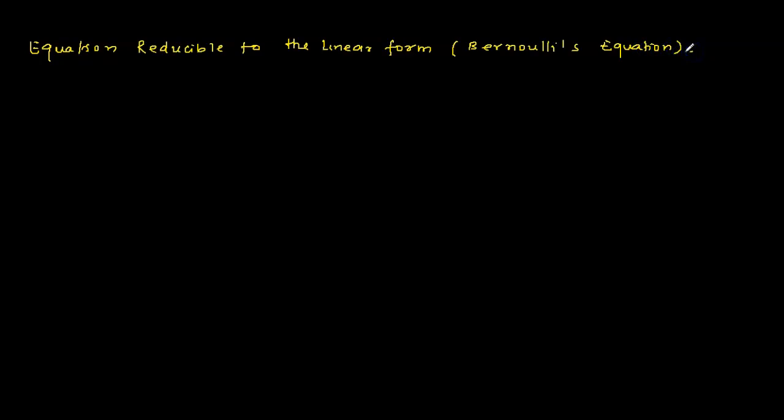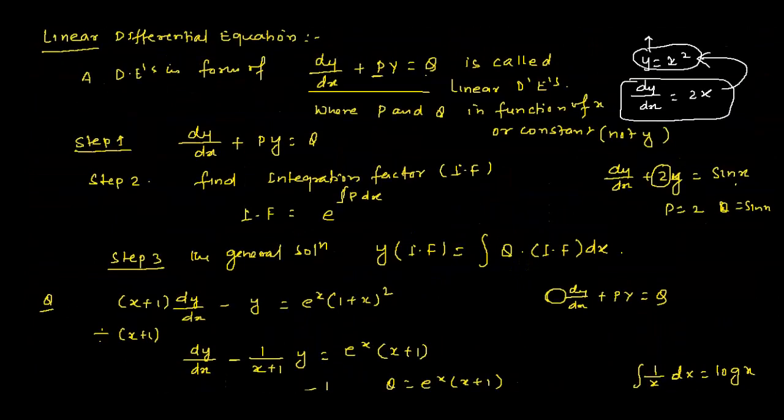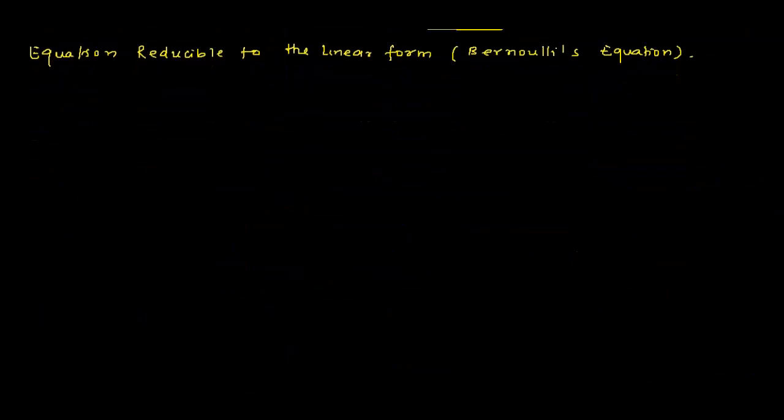Okay, so what is the difference here? Here, in this differential equation, P and Q are functions of x or constants. It should not be y. But sometimes if it is given in terms of y also, that is called the equation of reducible form of linear differential equations. If y is given here, you have to make it only one variable by assuming some values. I will tell you the example.